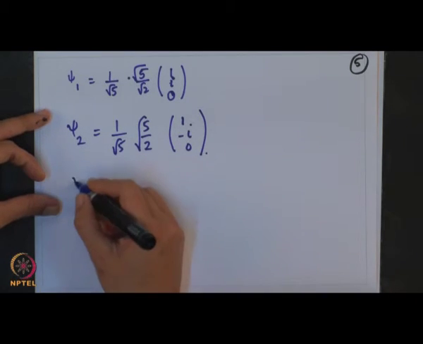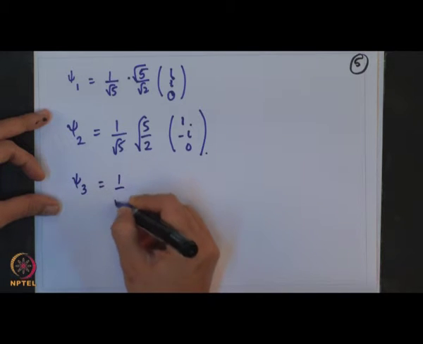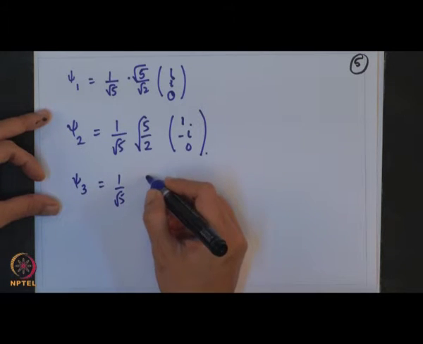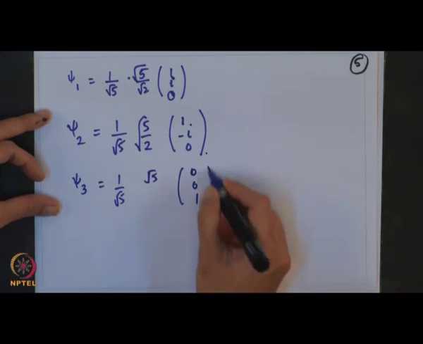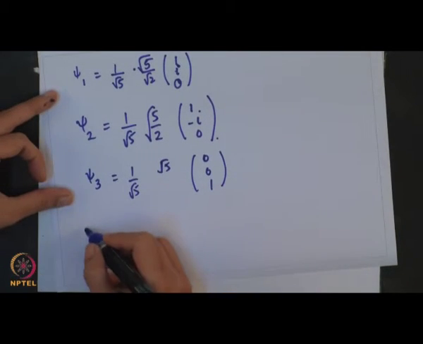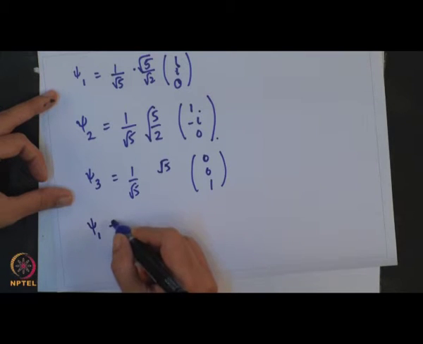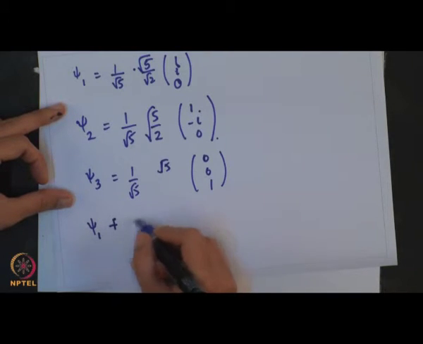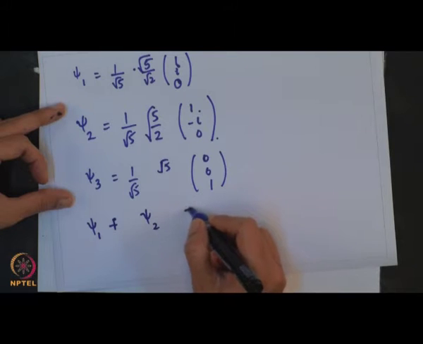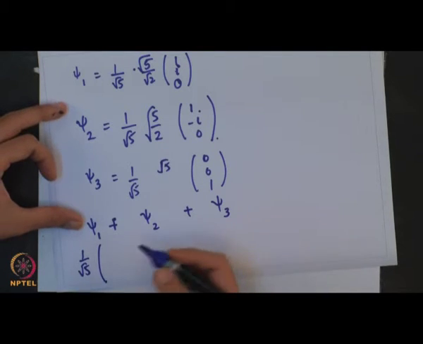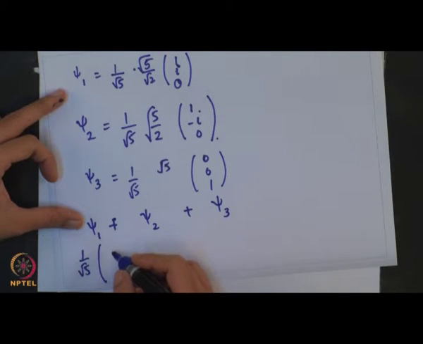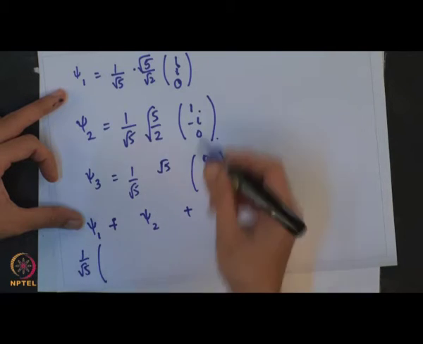Okay. And psi 3 as 1 by root 5 into root 5, 0, 0, 1. Okay. And now when I add psi 1 plus psi 2 plus psi 3, what do I get? 1 by root 5, psi 1, psi 2, psi 3, when I am adding, I will have,